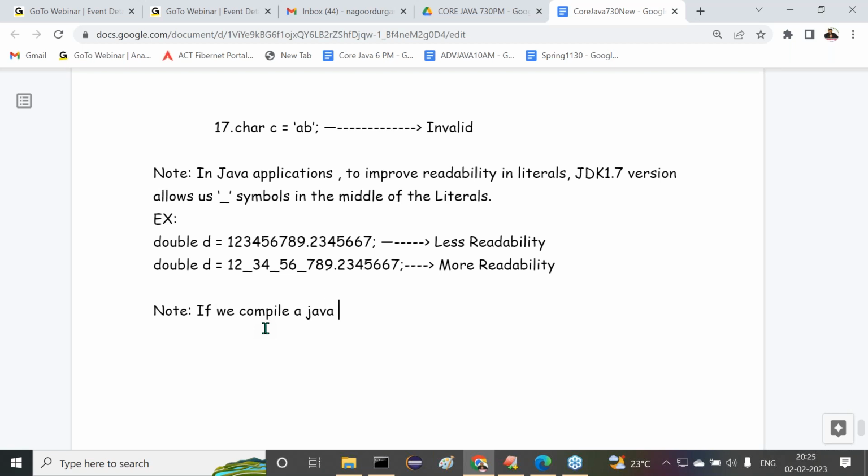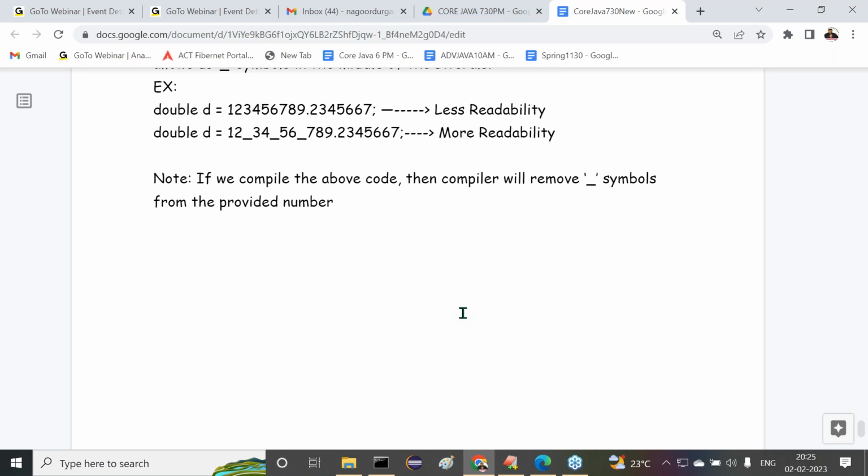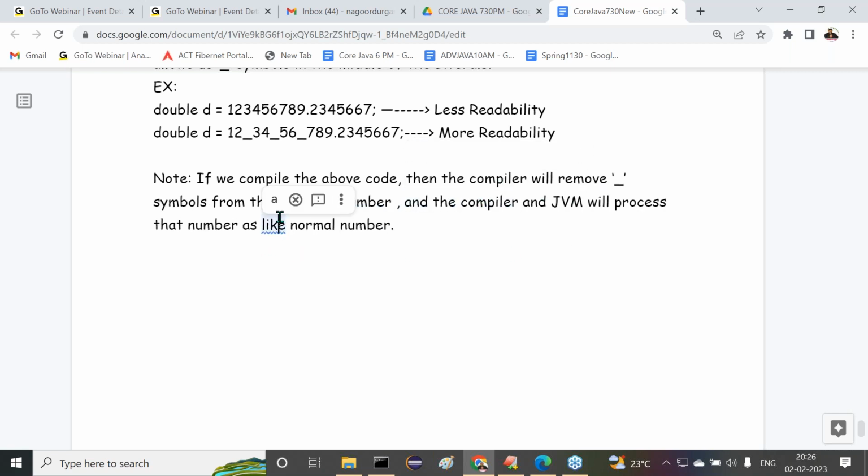If we compile a Java program, that means if we compile the above code, then the compiler will remove underscore symbols from the provided number, and the compiler and JVM will process that number like a normal number. Understand it clearly.